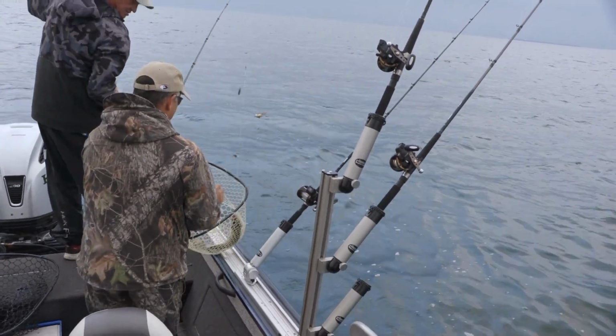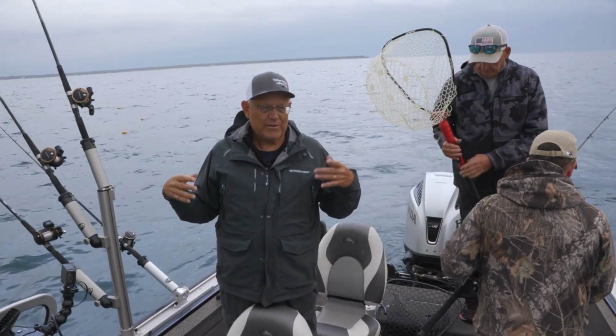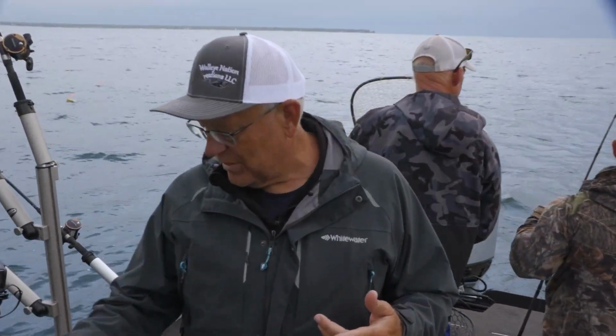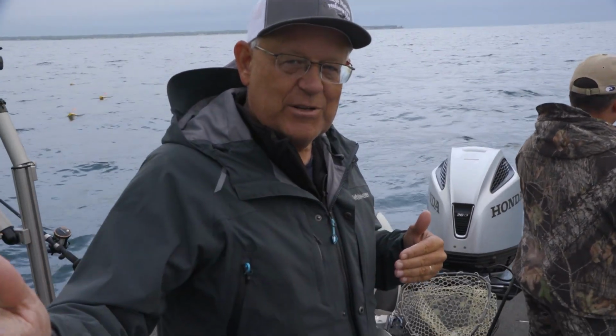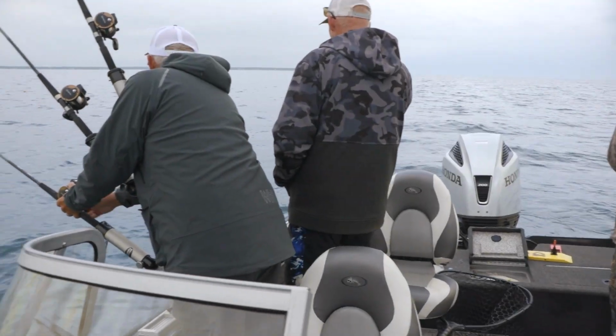Perfect. So guys, what we did is we made another pass up. We had another buddy of ours who's out here fishing talk about what depth was critical to him. On our last pass, we caught them really good from 35 to 39. And we just called him, and he had caught some really nice fish in 37. So we ran up, the wind shifted on us a little, so we're gonna slide through and spend more time in 36, 37, 38, 39 feet, hopefully, and put more fish in the boat. We're gonna reel in and...